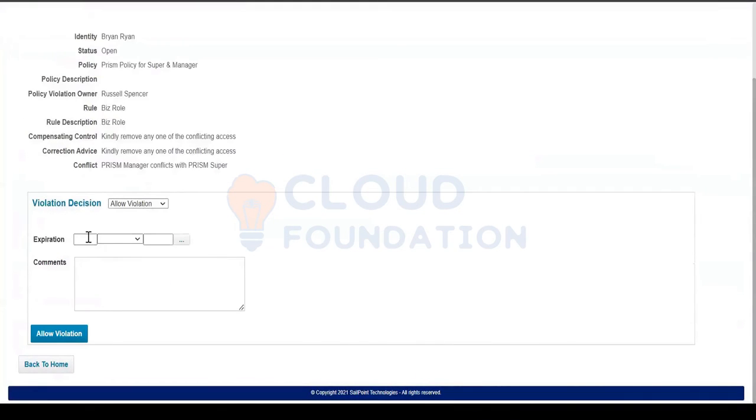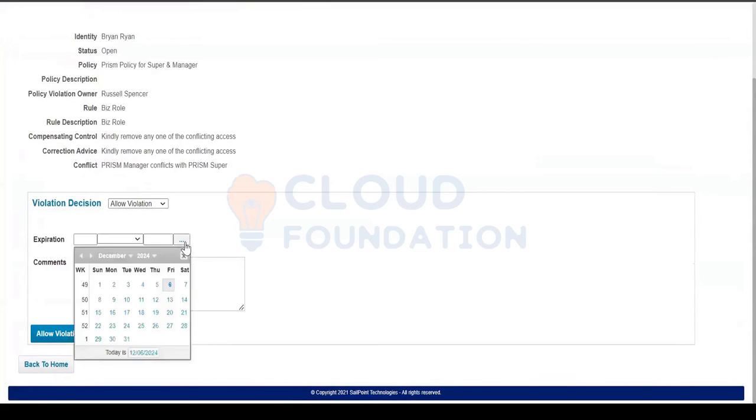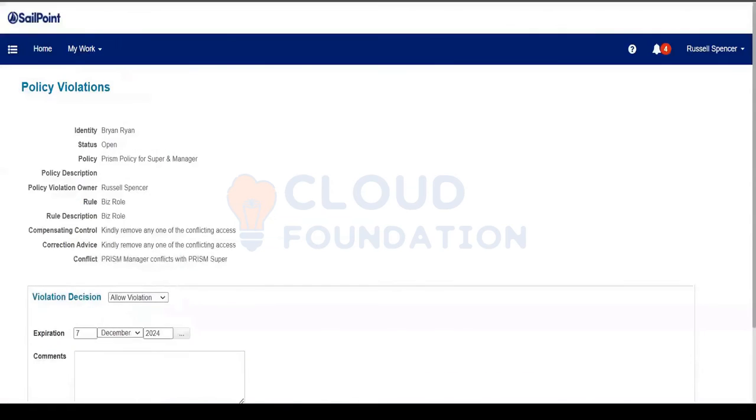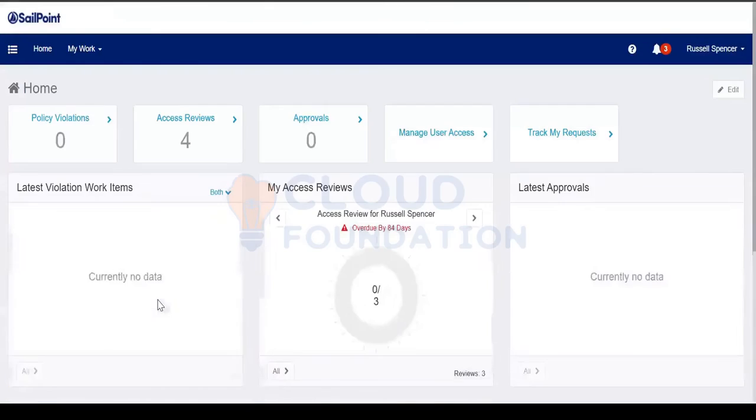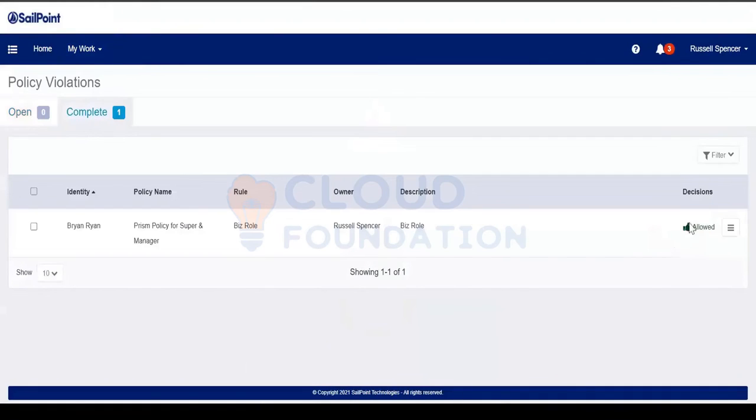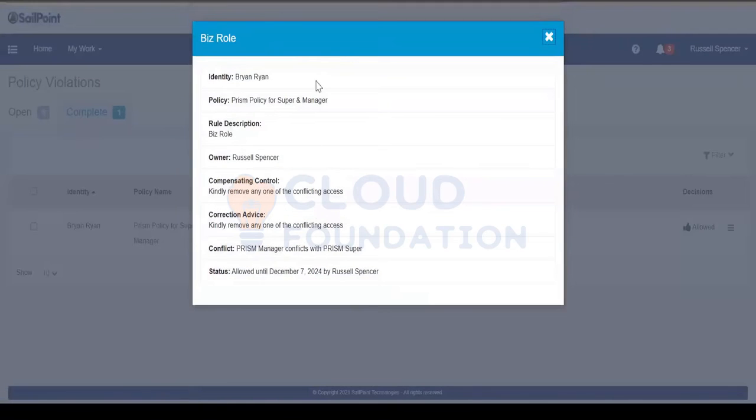Allow violation means it should expire on December 7. Allow violation. Now go to policy violation. We allowed this access, right? Allow until December 7. Now we'll go to the user profile.